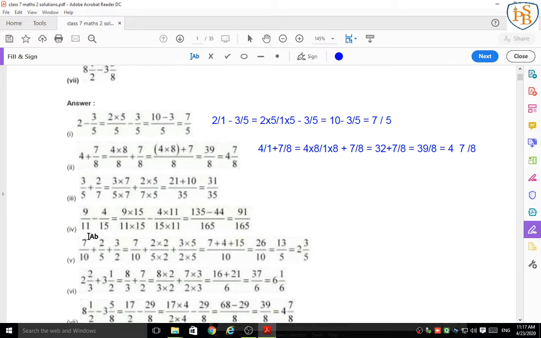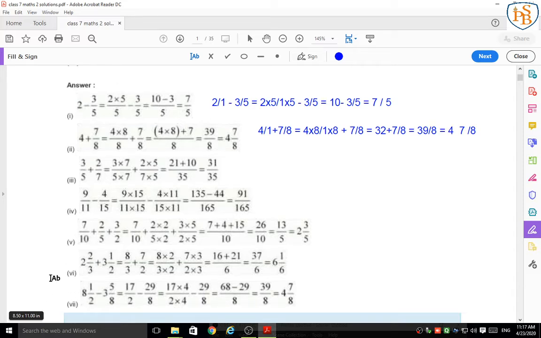These first four examples have different types of operations, like addition and subtraction between two fractions. Now there are some other examples that consist of addition of three fractions. Look at here carefully. 7 upon 10 plus 2 upon 5 plus 3 upon 2. How can we equalize the denominators of these three fractions? Look at here carefully. 10 is the bigger number, okay, and the other numbers are 5 and 2.